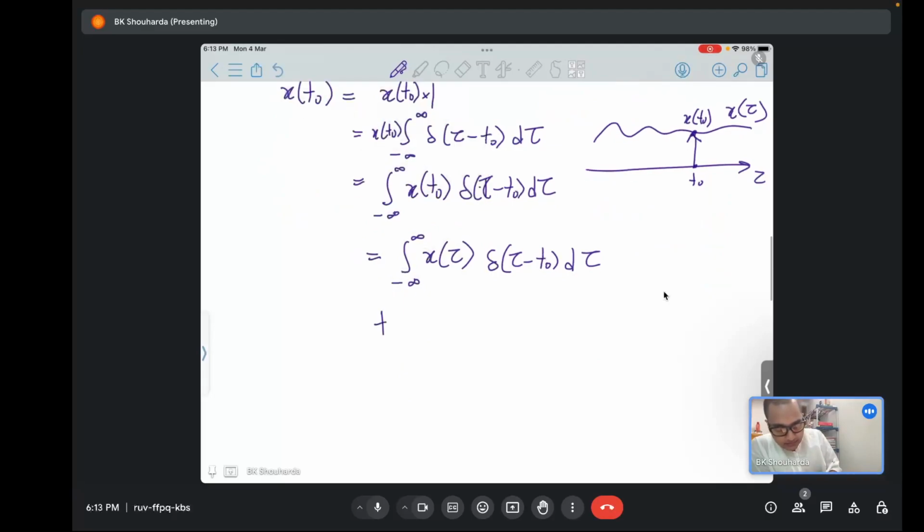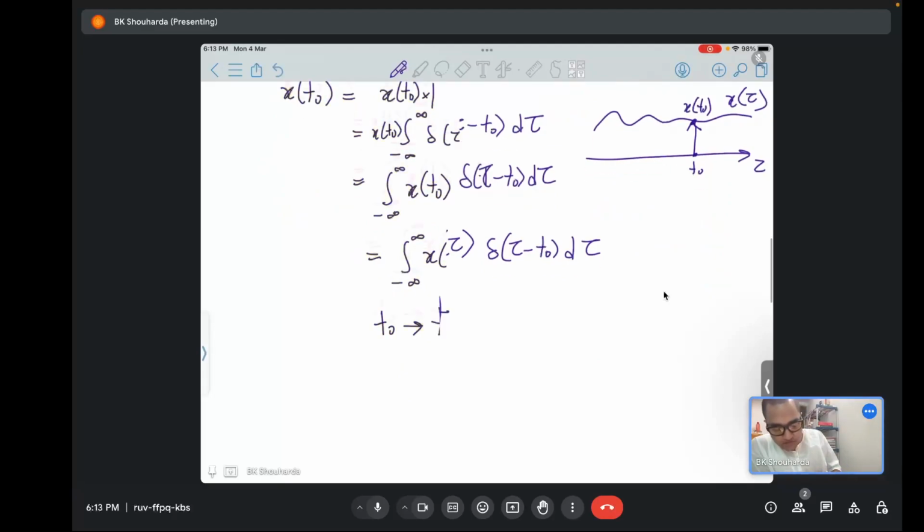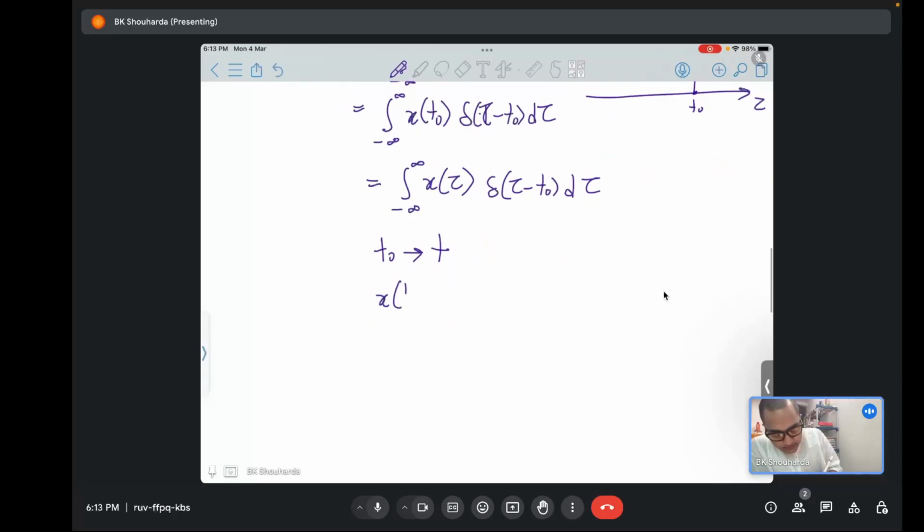So let me replace t naught by t, and I can write x of t is the integral from minus infinity to infinity of x of tau delta of tau minus t naught dt. And we also remember a property that okay,